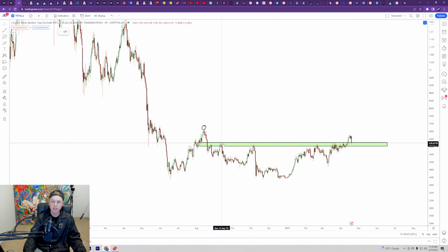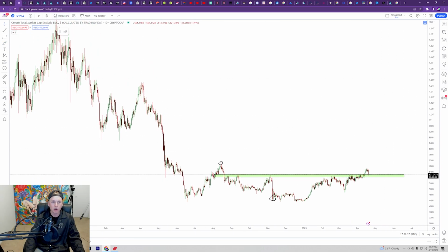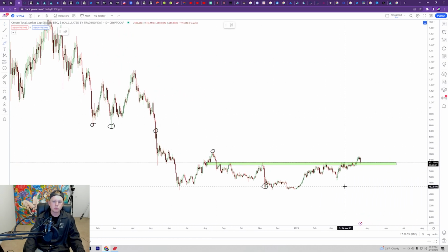See, this entire consolidation looks exactly like Bitcoin from COVID right here. Bitcoin started going back up again, and then once Bitcoin broke out at 12.5K and retested it, that was what set us in for that next leg up. And so I don't think that we're going all the way up here to new all-time highs. But I mean, for the altcoins to run clear up to this resistance, which would be the low end of these wicks, taking place all the way back here into the last cycle, I really think that that's an important level to watch. And so I don't expect it to go quite as high as Bitcoin,